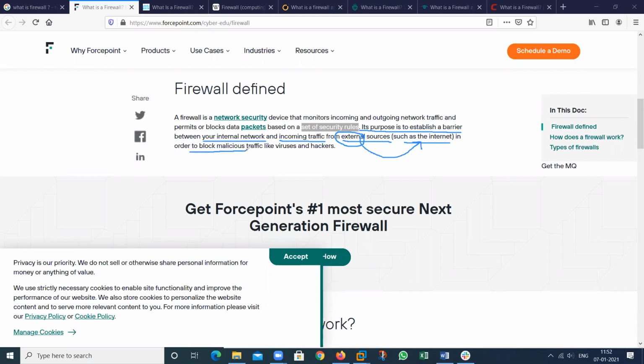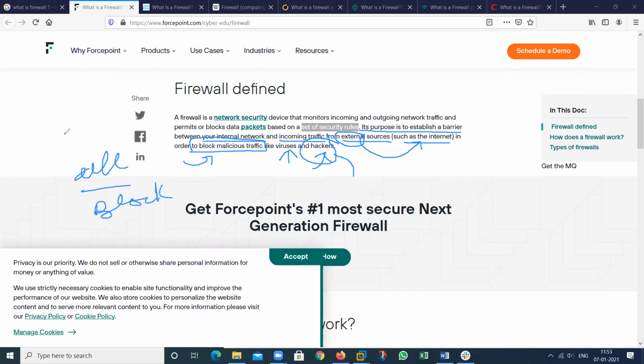In order to block malicious traffic, it means if any malicious software enters my machine, like a virus or worms, any code that is provided by any hacker in my machine, my firewall will check that type of activity. If there is any virus, worms, trojan, or malicious activity in my network, then the firewall can block it.